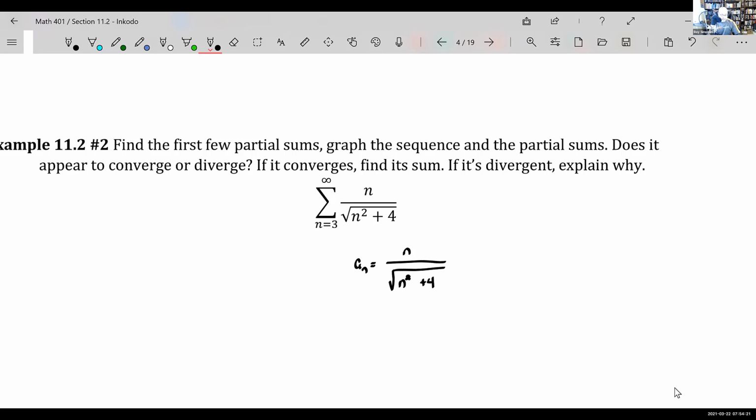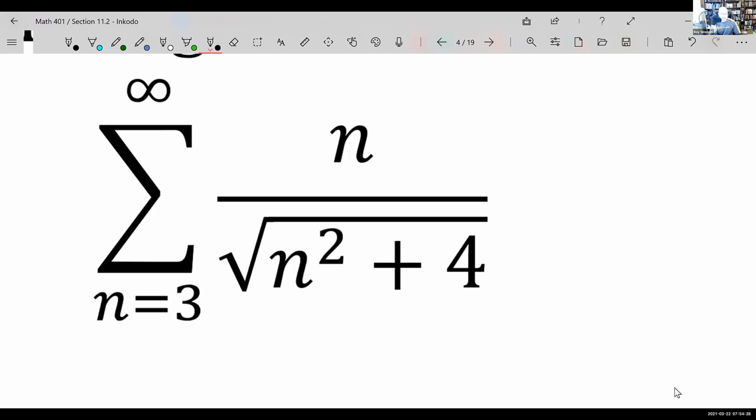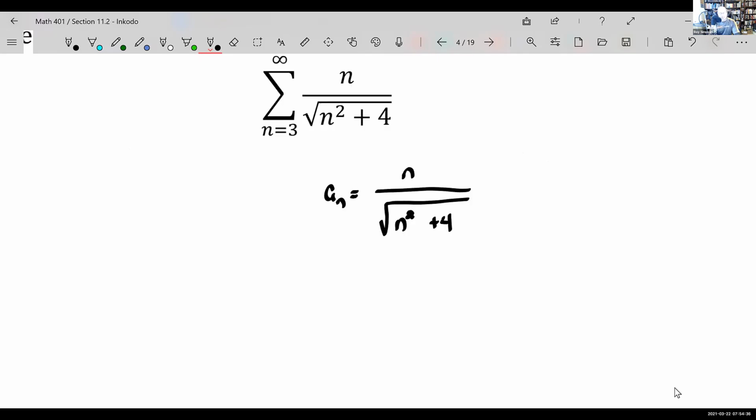Okay. In this case, notice this series does not start at 1, and that's totally fine. Nobody said it had to. It's totally fine to not start at 1. So let's start at n equals 3. So I'm going to write it this way. I'm going to write, instead of s sub 1, I'm going to call it s sub 3, because honestly, I just want to start at n equals 3 and end at n equals 3. It's a little bit safer to say it that way. So that's going to be 3 over square root of 9 plus 4, although we know that's root 13. And then